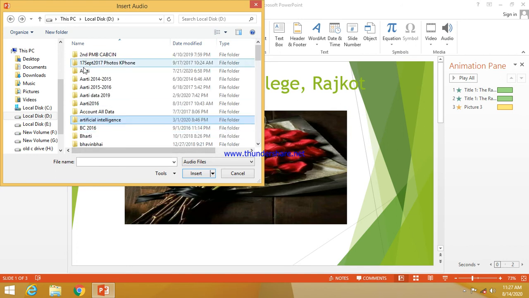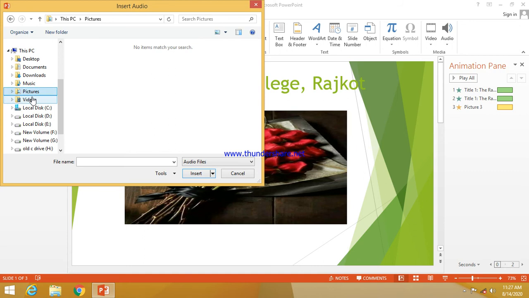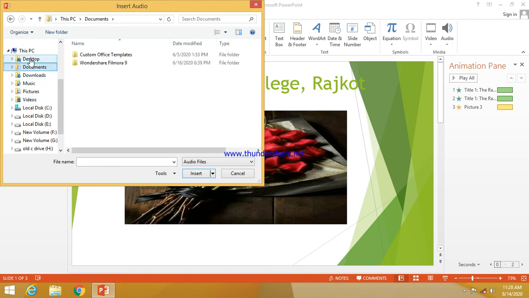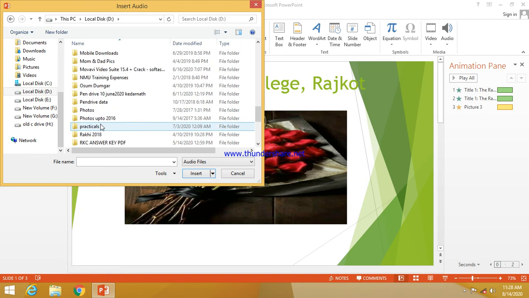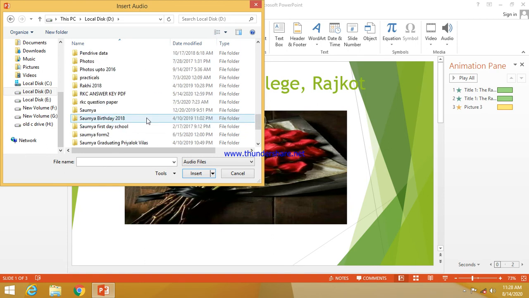Okay, audio files. If any audio files are there, you can find them and insert them. You can also insert